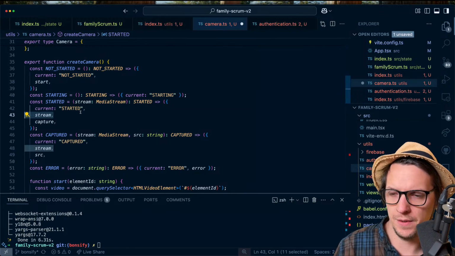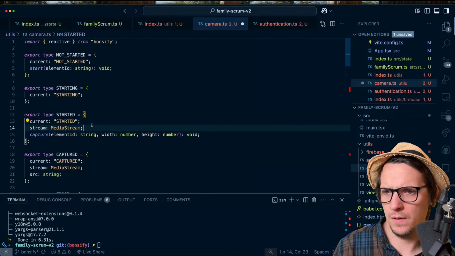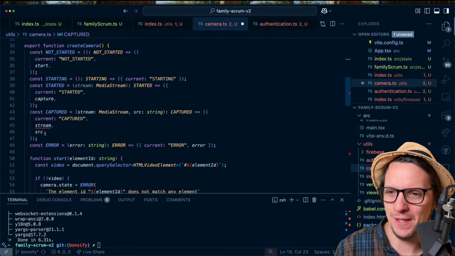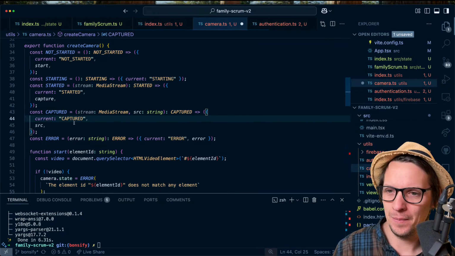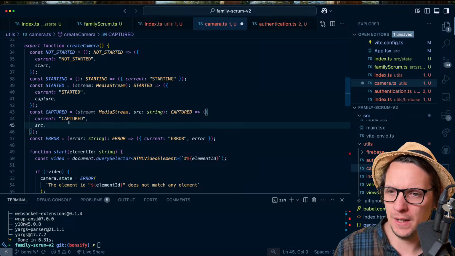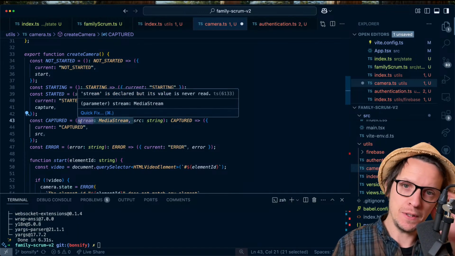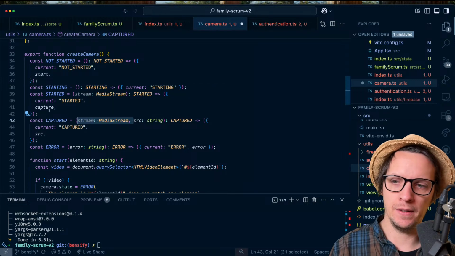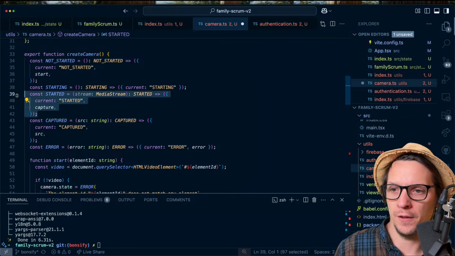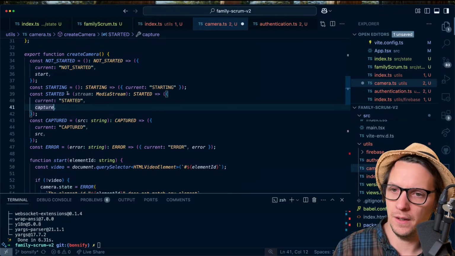We don't actually care about this stream. Okay, I think we're kind of getting stuck in reflecting on state machines. We don't really care about this stream, because the stream is an internal thing. The reason I previously added the stream to the state was because I needed to reference it from the other functions. But now that the functions are part of the state, we can rather say,